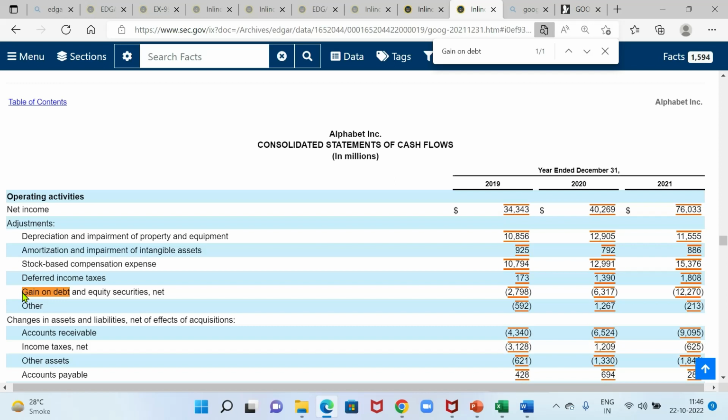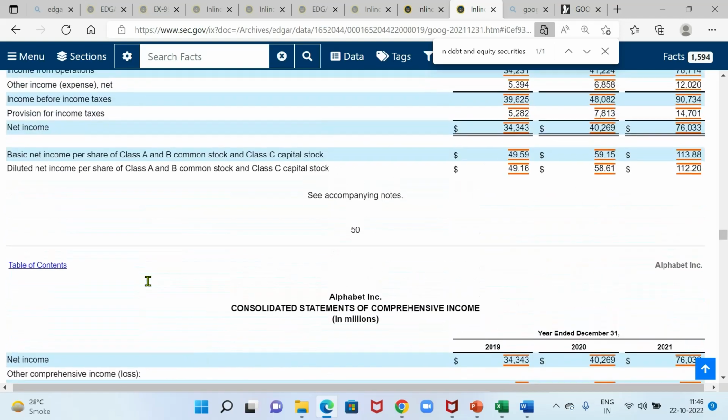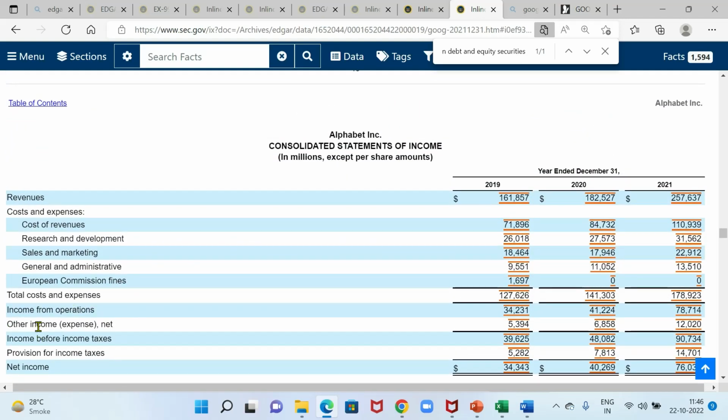If I'm not able to identify the source of it, I will not include it until I'm 100% sure. It's better to skip it until you are sure about it. This seems like some investments the company has made, and this is not a part of the normal course of operation, but it is below the line item.